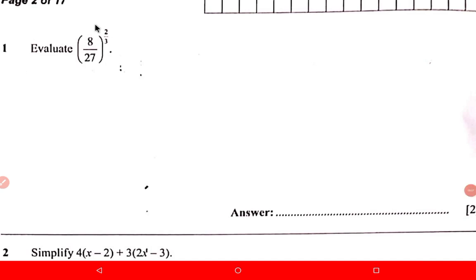Okay, so this was the first question. Evaluate (8 over 27) raised to the power 2 over 3. So how do we answer this type of question? We have rules under indices, and this rule here that we can use, if you have, let's say, b raised to the power a over c,